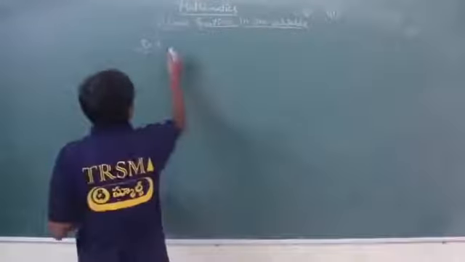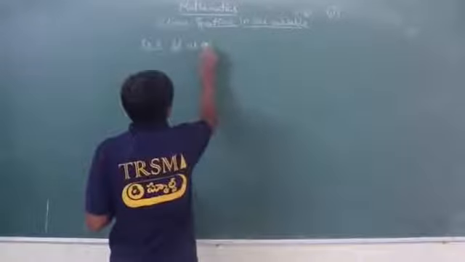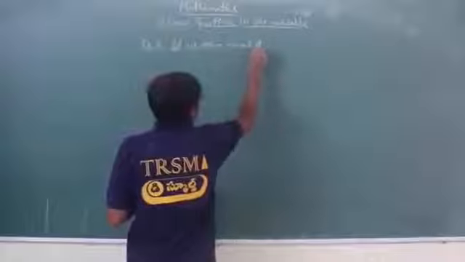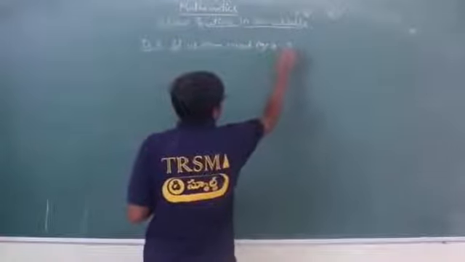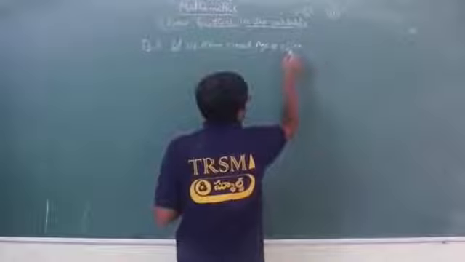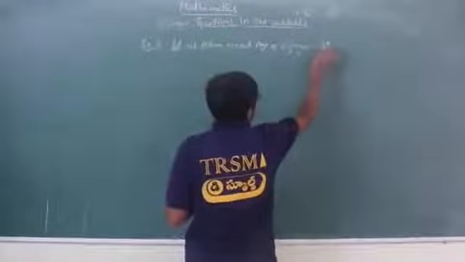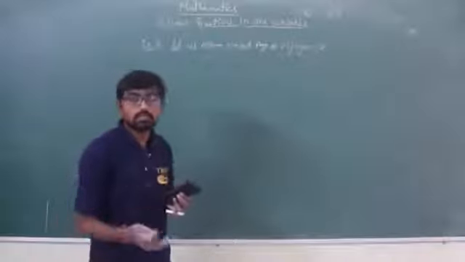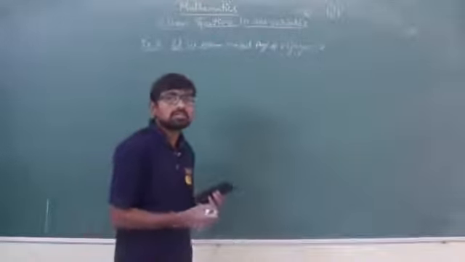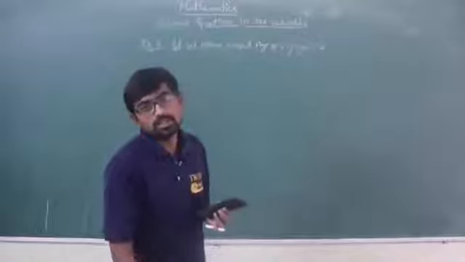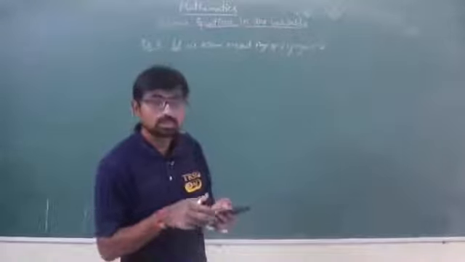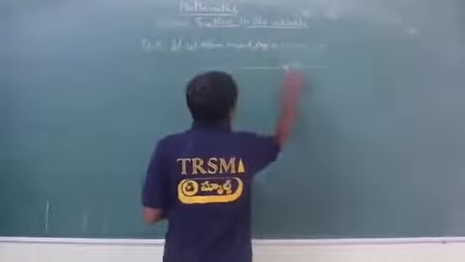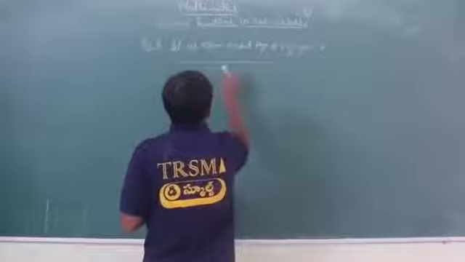So let us assume present age of Vijaya is equal to X. I am not taking the present age of her mother as another variable. Why? Because her mother's age is defined from Vijaya's age, isn't it? So let me draw a table. Okay, by drawing this table you can understand it very clearly.